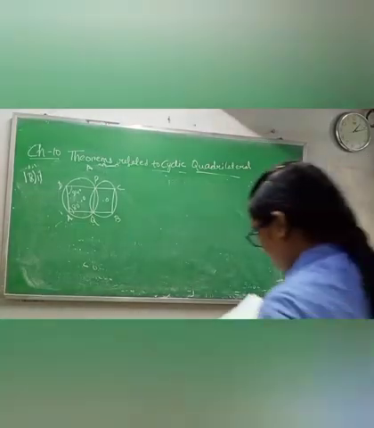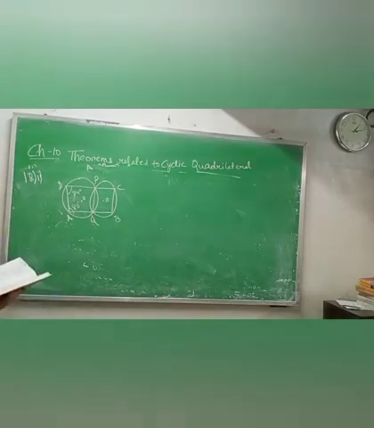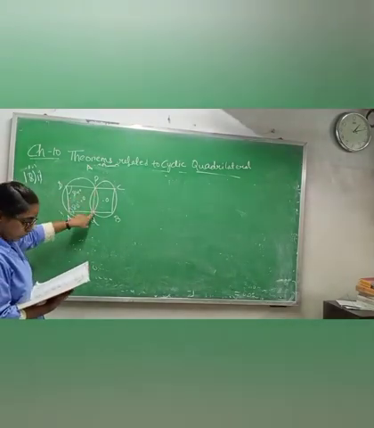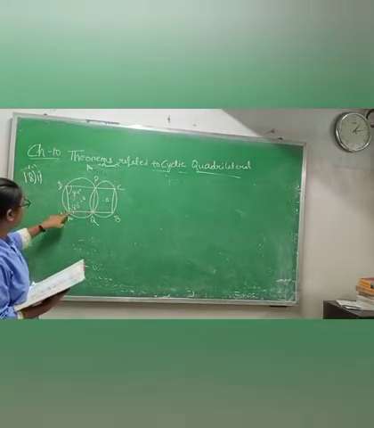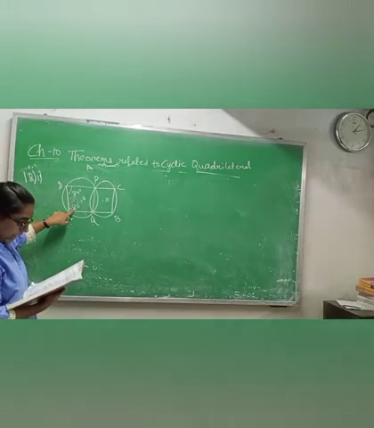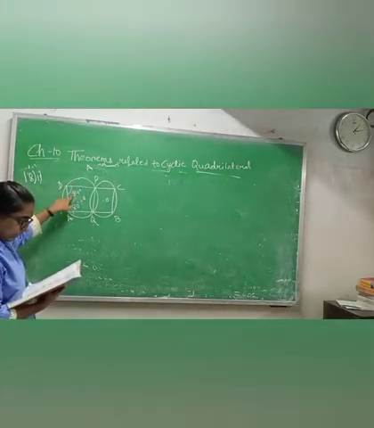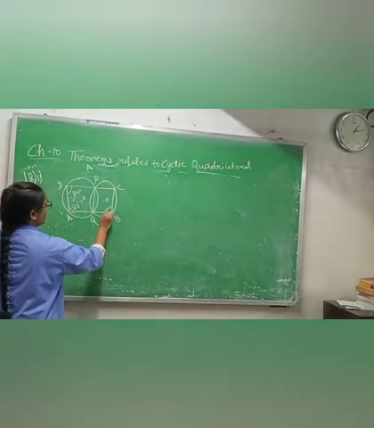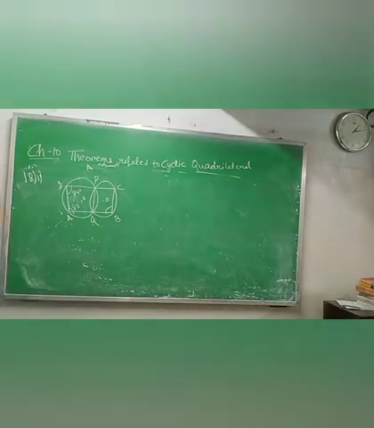Now class 10, read question number 82. In the adjoint figure, two circles intersect each other at the points P and Q. If angle QAD is 80 degrees and angle PDA is 84 degrees, then let us find the value of angle QBC. They are saying find the value of QBC and find the value of BCP,